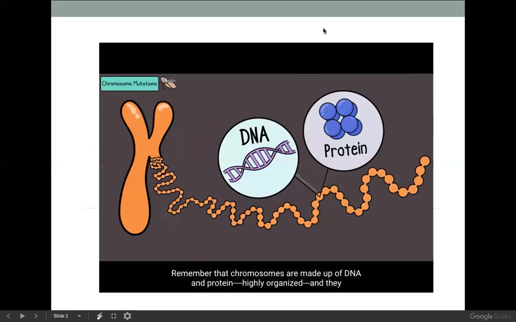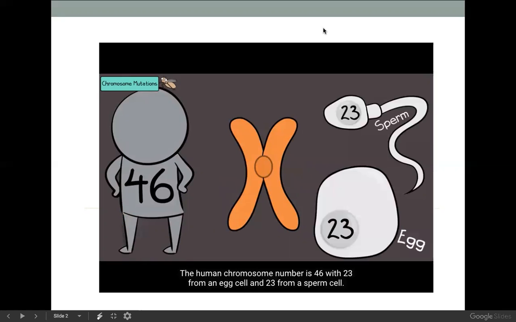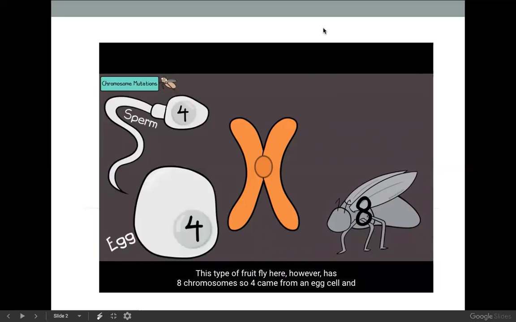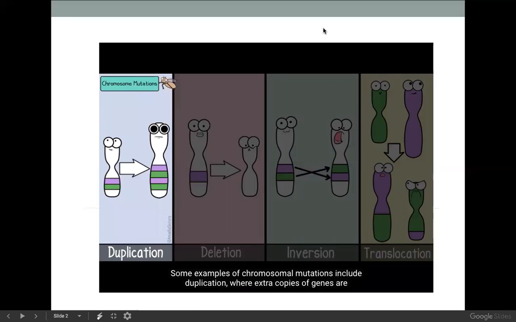Remember that chromosomes are made up of DNA and protein, highly organized, and they have lots of genes on them. The human chromosome number is 46, with 23 from an egg cell and 23 from a sperm cell. This type of fruit fly here, however, has 8 chromosomes, so 4 came from an egg cell and 4 came from a sperm cell. Some examples of chromosomal mutations include duplication, where extra copies of genes are generated,